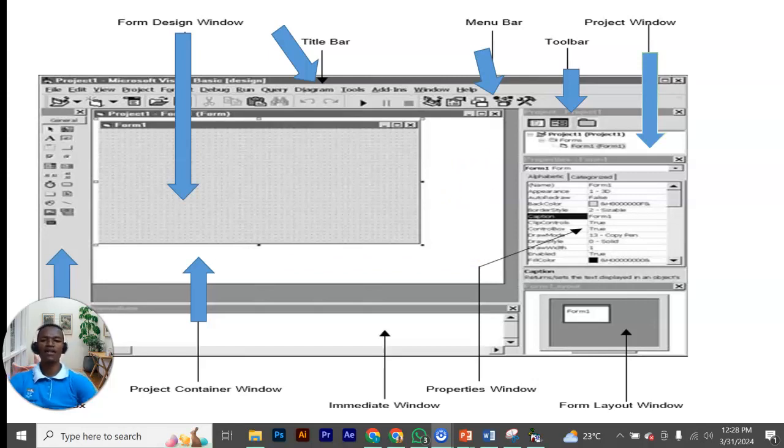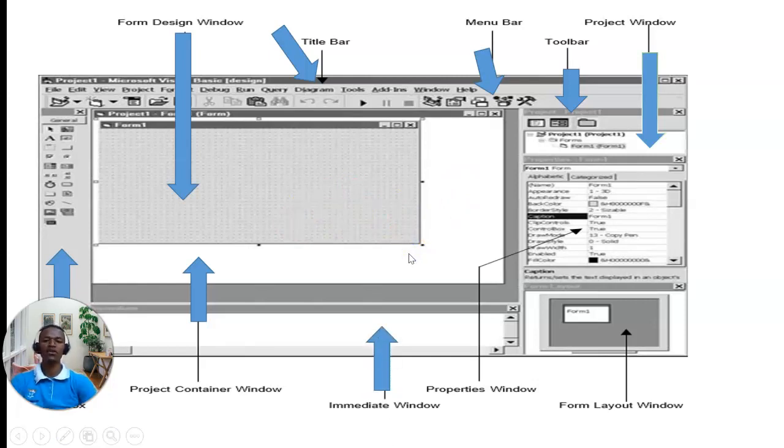We have another one called the immediate window. This is the immediate window. The immediate window will appear after you run your project. That is where the progress of your project execution is displayed. We have now the properties window, whereby you define the appearance of your project controls. And the last one, last but not least, is the form layout window. The form layout window is after you